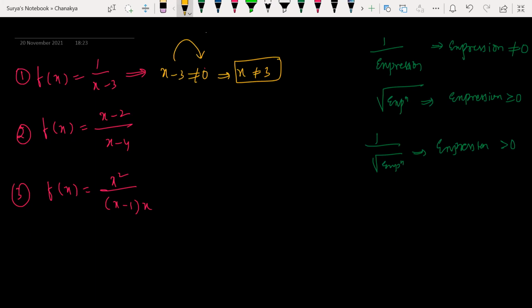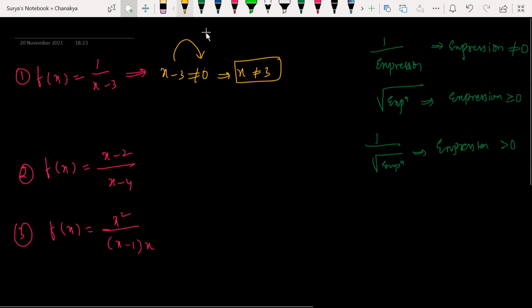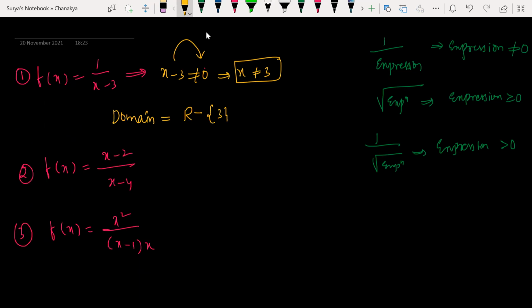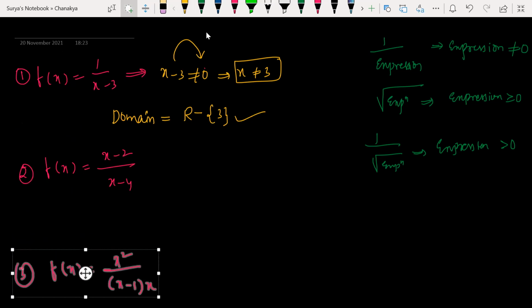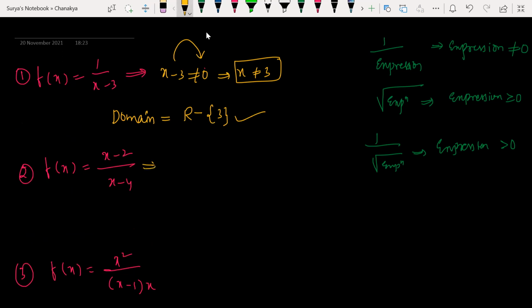So what is the domain now? Domain is nothing but what, beta? All possible values of x. Domain is equal to all real values except one value, that is 3, isn't it? I hope you solved this question, Johan. You have sent me the answers. Yes, sir. So except 3, everything is possible. If you substitute 3 in the place of x, the function is not going to be defined.